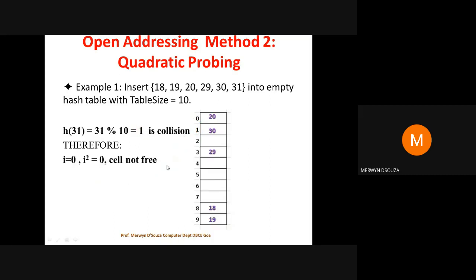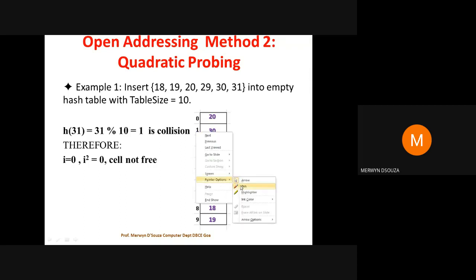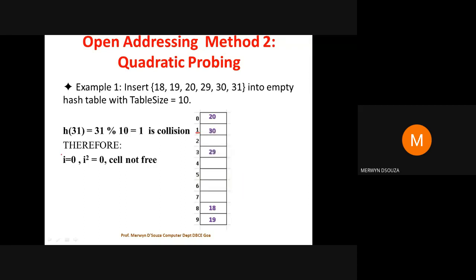Take the next value now, 31. 31 mod 10 equal to 1, hash value is 1, there's a collision. So again you start collision resolution using quadratic probing. Start with I equal to 0. Every time you have to start with I equal to 0. You cannot say that I had found I equal to 2, so for the next collision I will take I equal to 3. No, every time there's a collision happening, you need to start with I equal to 0. I've clearly shown you in this presentation. So please don't make that mistake. Every time a new collision happens, start with I equal to 0.